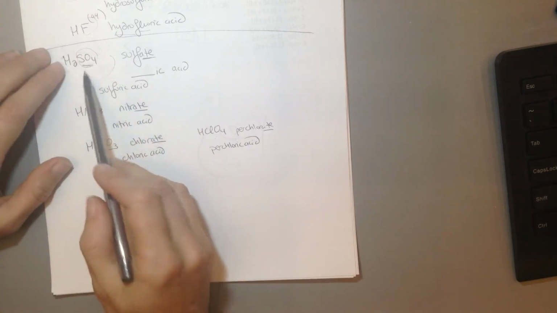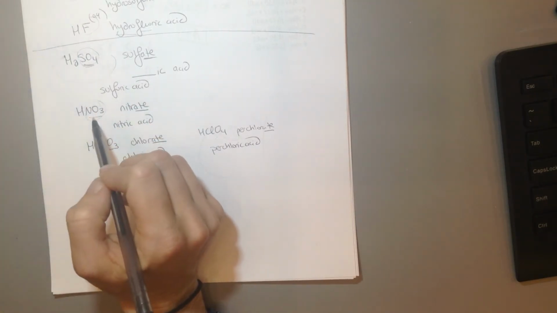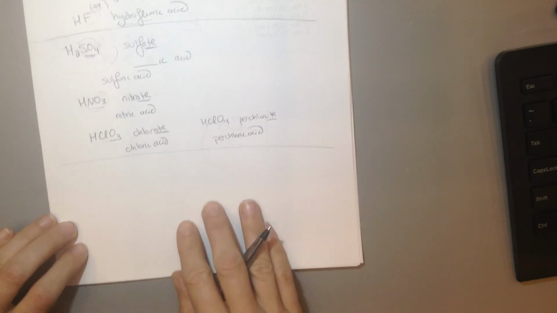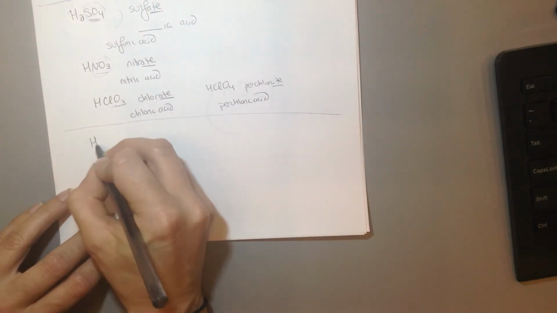Again, we're looking at the endings. If we didn't have any hydrogen, what would the ending be for the anion that would result? If we have ate, we go to ic. All right, next one. Let's do this,